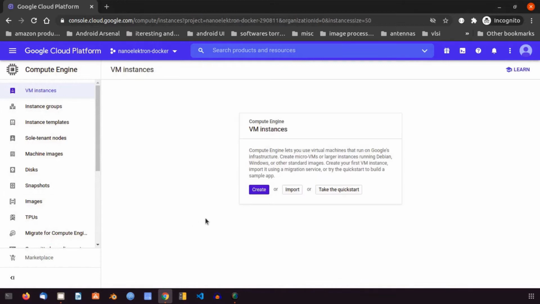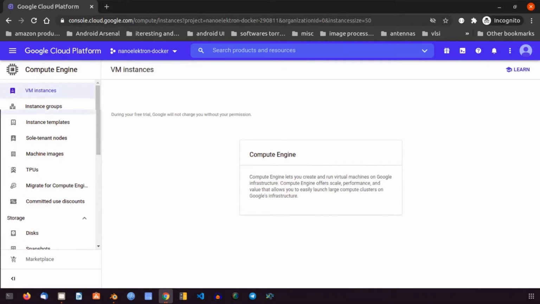If you haven't already signed up for a free trial, it's going to give you this page asking you to do that. Once you sign up with your card details, you'll be able to create up to 25 projects and you'll be given $300 free credit for a 1 year time span, which is actually worth checking out.